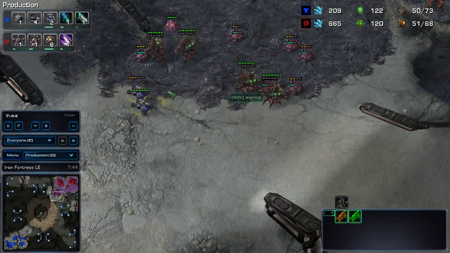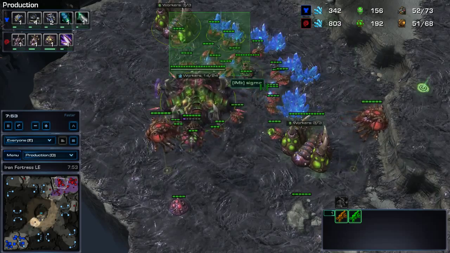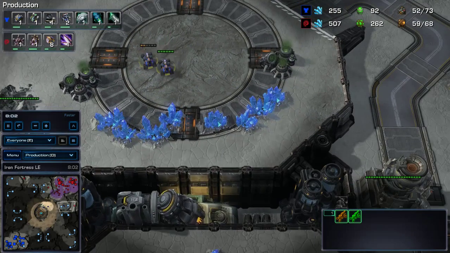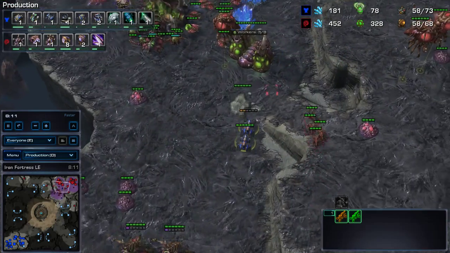But they're pretty good defense so far. But if he gets enough Hellions, he could just go straight around him and do a whole bunch of damage. But so far, he's just been deflected right there, just scouting around for any third base that could possibly happen. But it doesn't look like that's going to happen anytime soon. But he looks like he just...